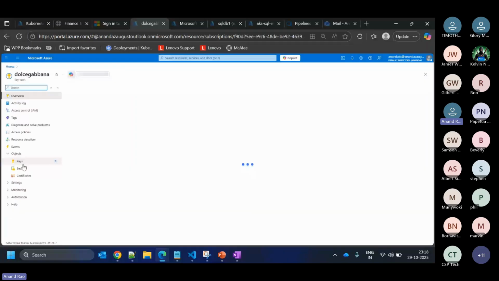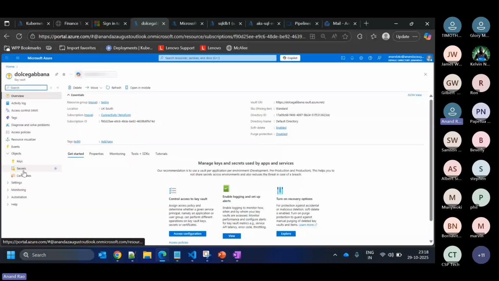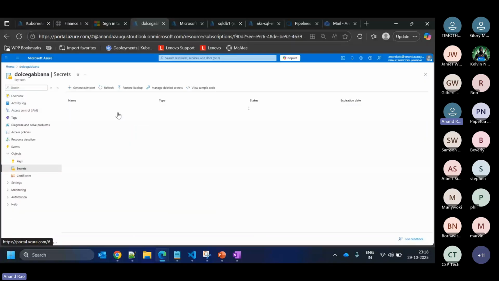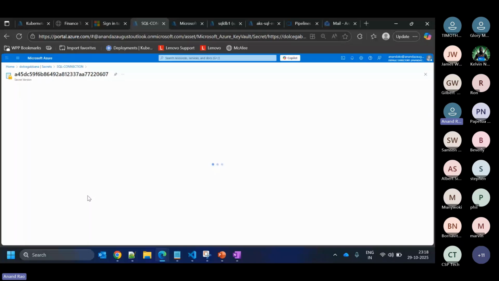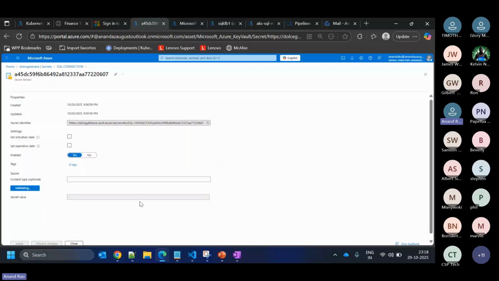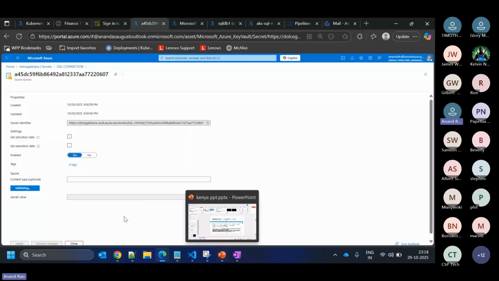I'm happy that the portal has worked. So this is my connection string, SQL connection, and here I have put my connection string. Okay, that's the first thing I have to do. And the next thing is, while it's doing that,